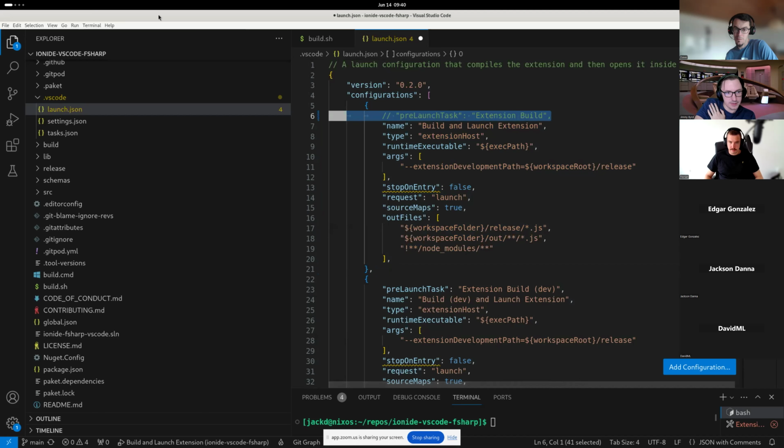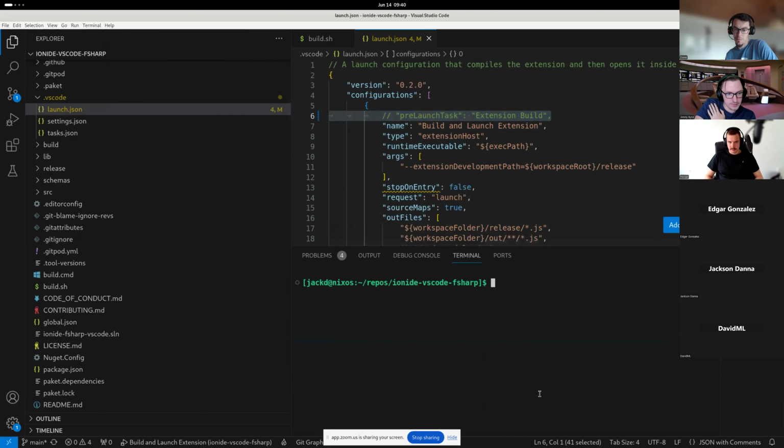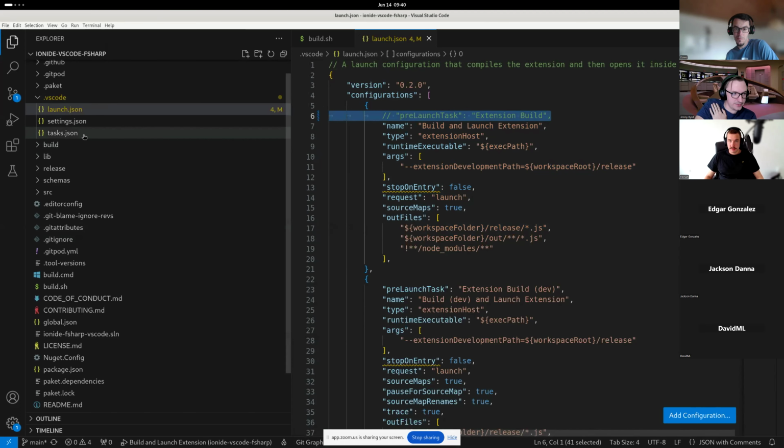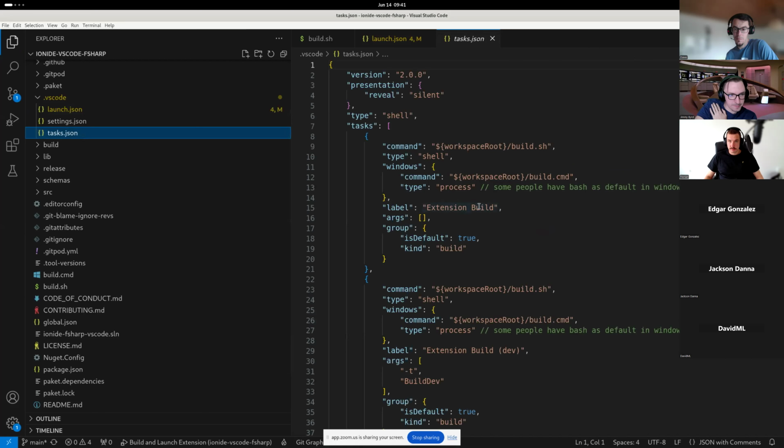Then actually run the build locally through your terminal. Just run build.sh. Run that and see. Well, before we do that, go into tasks and just make sure we see what extension build does, because extension is a named thing in tasks. So we're looking for this here. Yep. So it's just build.sh. Okay, that's all you need to run.